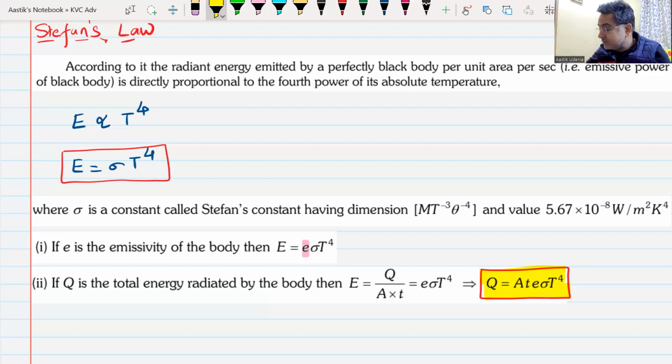Even you are doing it right now. You are emitting energy, at the same time you are absorbing energy, which is emitted by nearby bodies. Now, instead of thinking of nearby bodies, you can say that which is radiated by the surroundings. If the surrounding is at a temperature T naught, you are absorbing energy from the surrounding and you are radiating or emitting energy of your own.